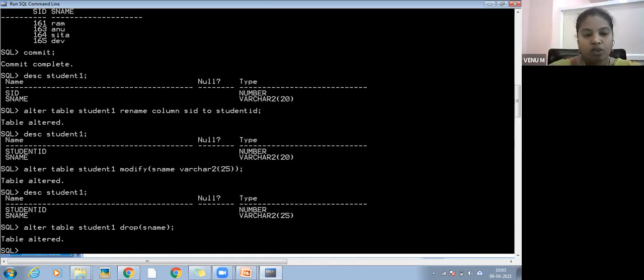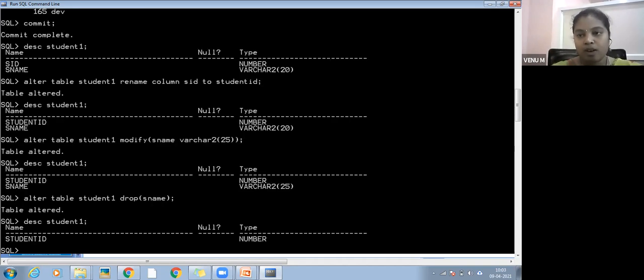Table altered. Just see the description. Only one column is there because we deleted the entire column by using the alter drop command. Drop allows you to delete the entire structure of a table.